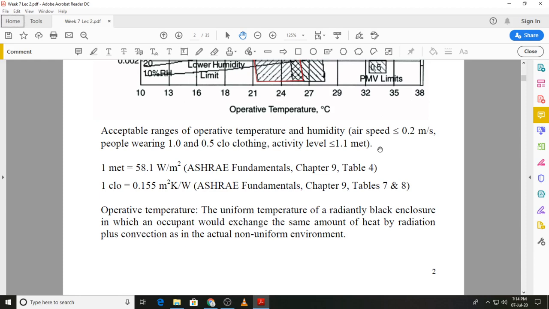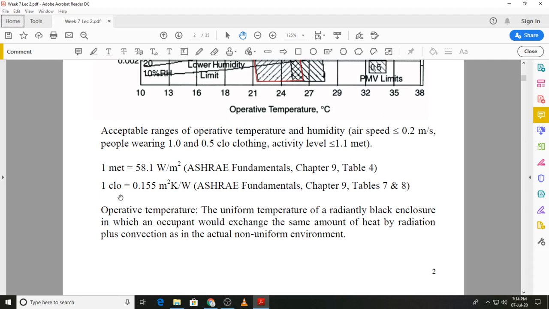MET again is terminology that refers to the rate at which heat is generated within the body due to the metabolic activity. So you can convert a MET into units of watt per meter square, and those units are given over here. A MET is 58 watt per meter square,